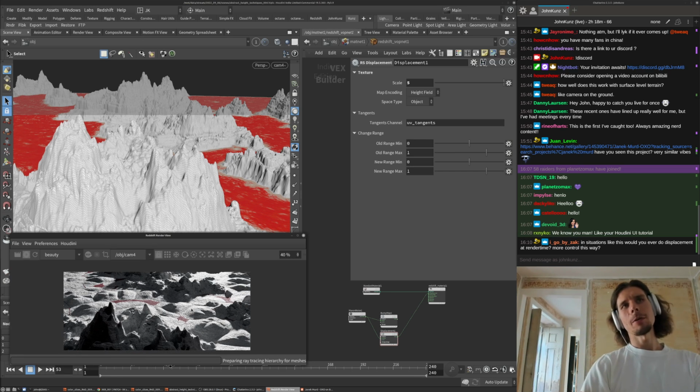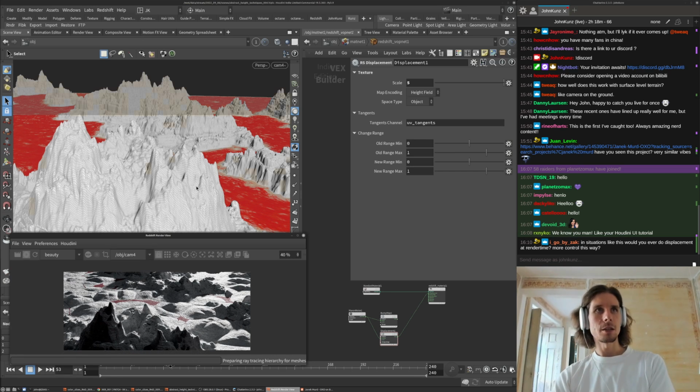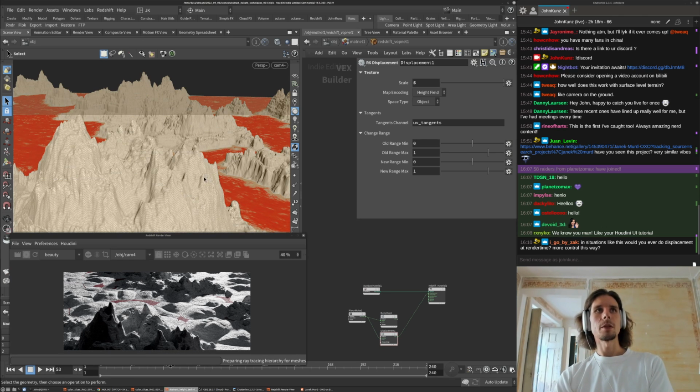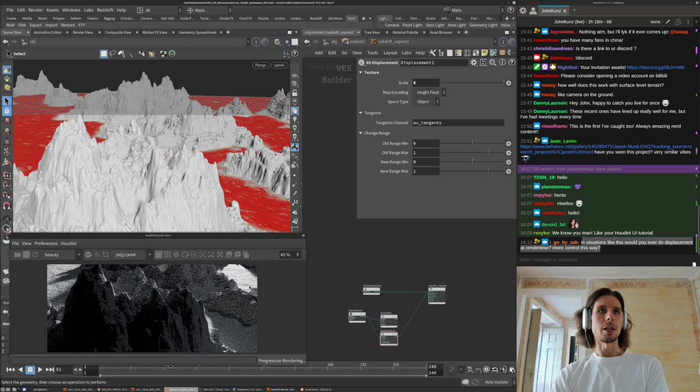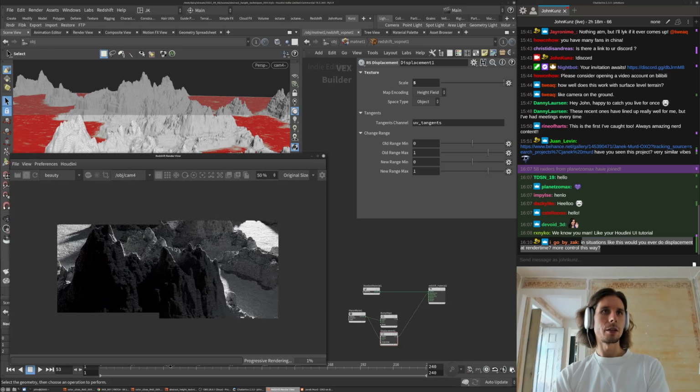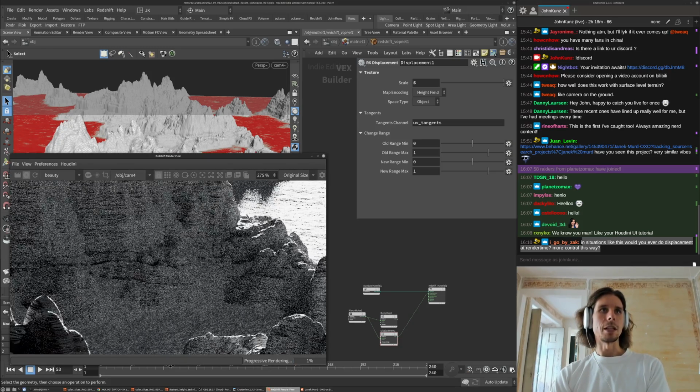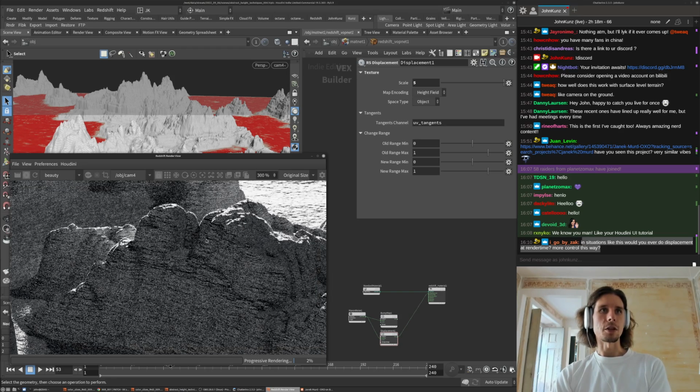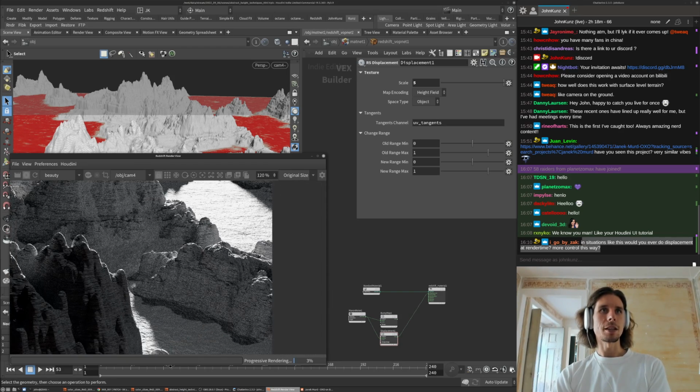I think part of the problem is I'm just throwing such a big mesh at it. Maybe doing a poly reduce could help. And then the other option would be doing this whole height field as a displacement map. But in general, anytime I've tried to displace stuff, you definitely get more self-shadowing and more realistic details and stuff like that, but